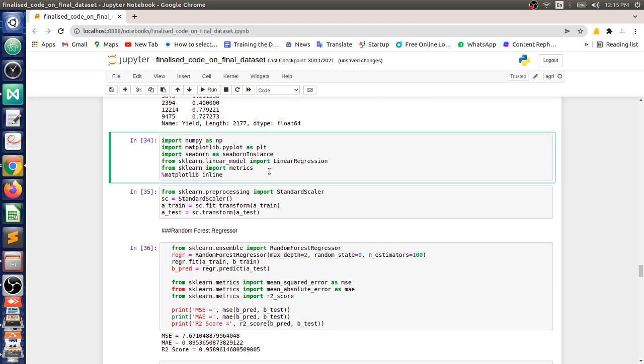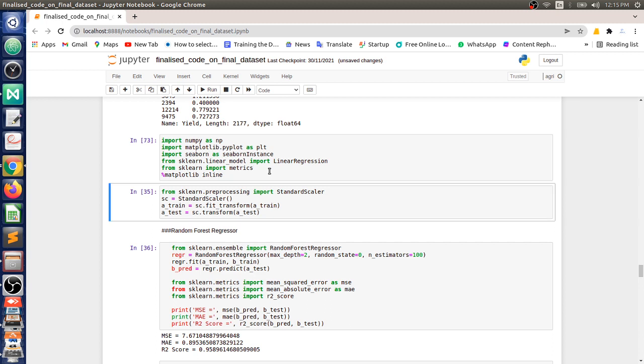Now, which model are we going to use? First we'll try random forest regression. Our requirement is regression. Where do we use a classifier?